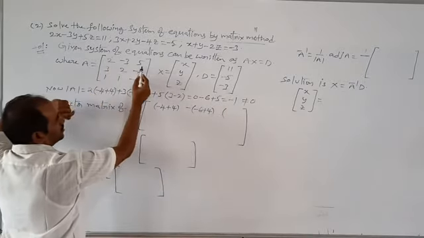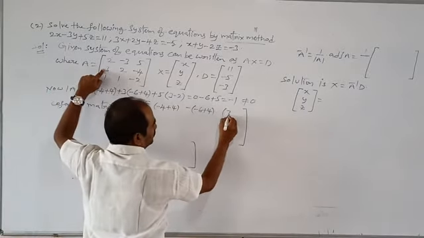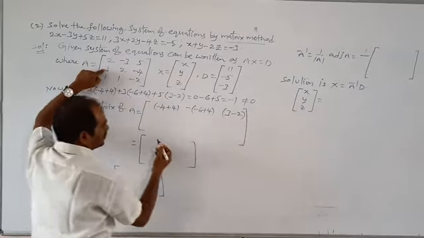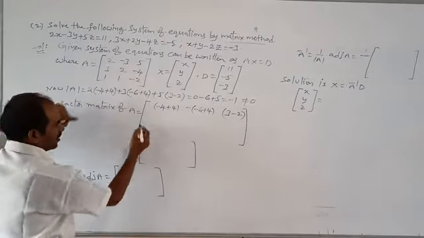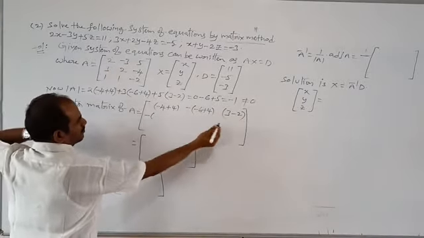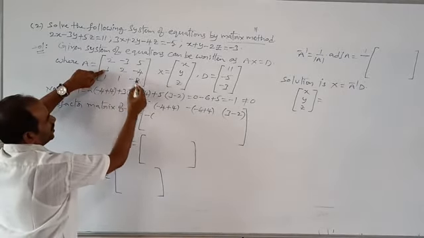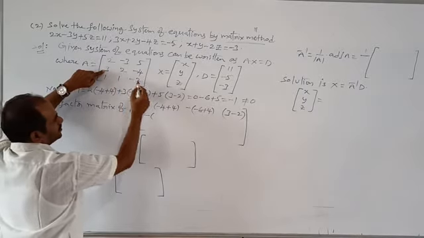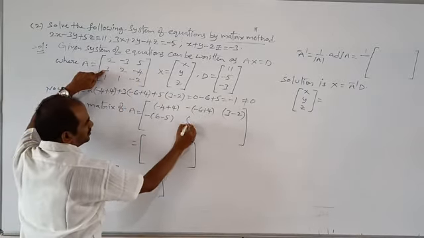Next, this element's cofactor. Delete this row and column. Next AD minus BC. So that is 3 minus 2. So the first row signs are plus minus plus. Next, the second row is minus plus minus. So minus on the second row. Delete this row and column. AD minus BC. The AD value is 6 minus 5.